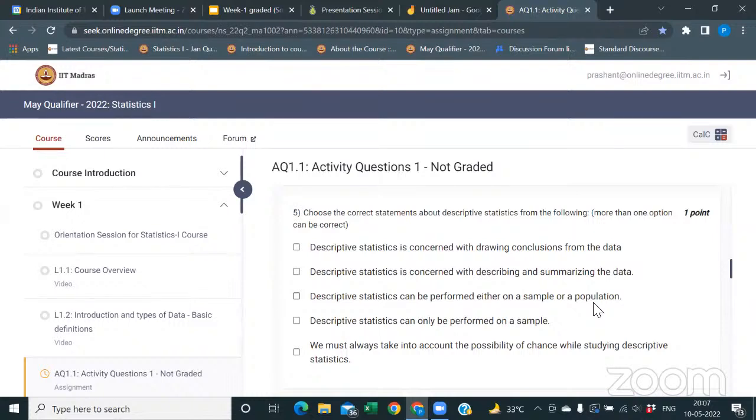Yeah, that's what I was thinking, about possibility. That's why I explained. I think you did not listen to me clearly. I explained that in inferential there is a possibility of chance. In descriptive you did the things with accuracy, but in inferential you are making the conclusion. That's why there is some possibility of chance. Okay, sir. Thank you, sir.